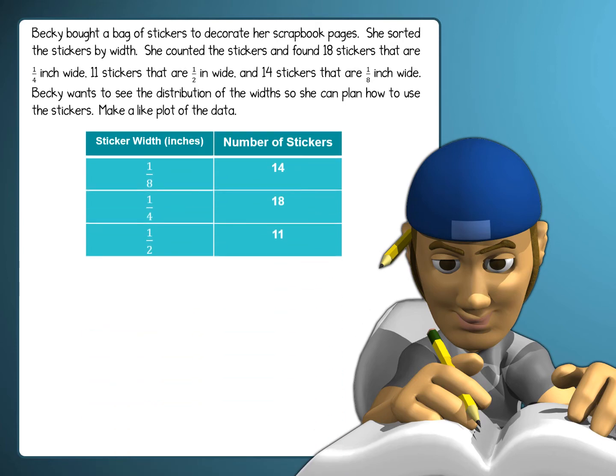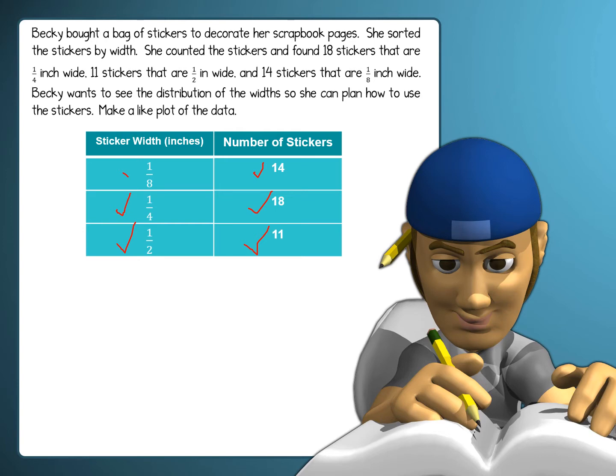Here's a table with the data that Becky had for her stickers. She has 1/8, and there were 14. She had a 1/4 inch and there were 18 stickers. She had a 1/2 inch and there were 11 stickers. So by creating this table, we are now able to go ahead and create our number line or our line